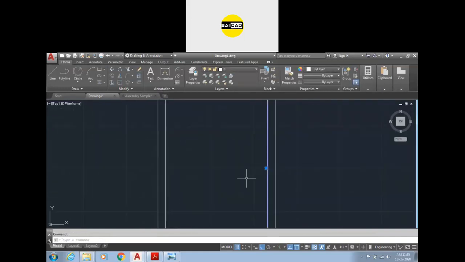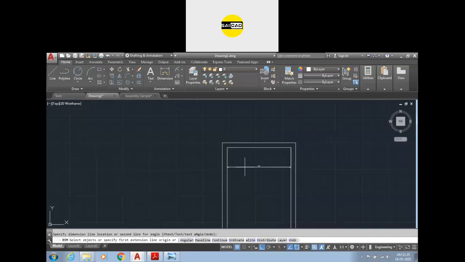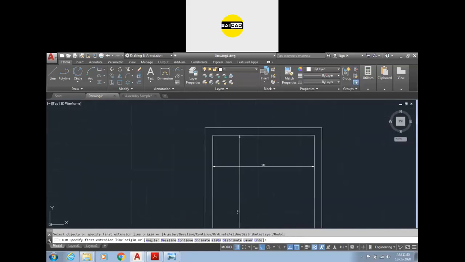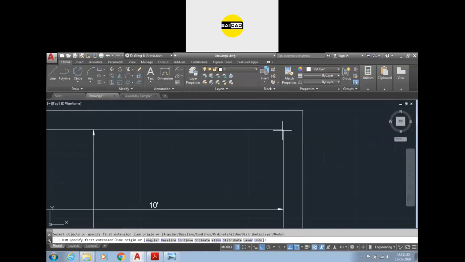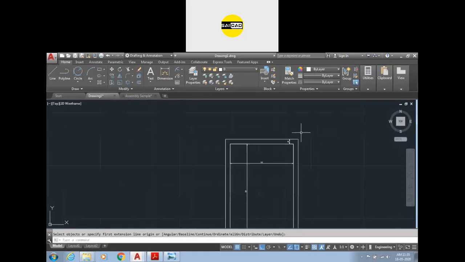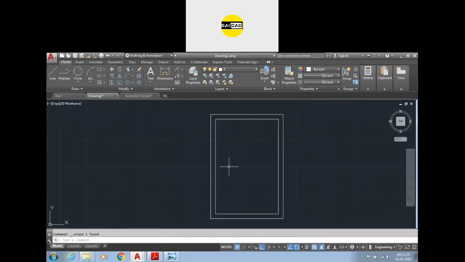Now you can see if I specify the dimension like that and like that, this is 15 feet, this is 10 feet. And if I check the dimension between two walls, it will be 9 inches like that. Okay, so in this way you can simply create your room like this.